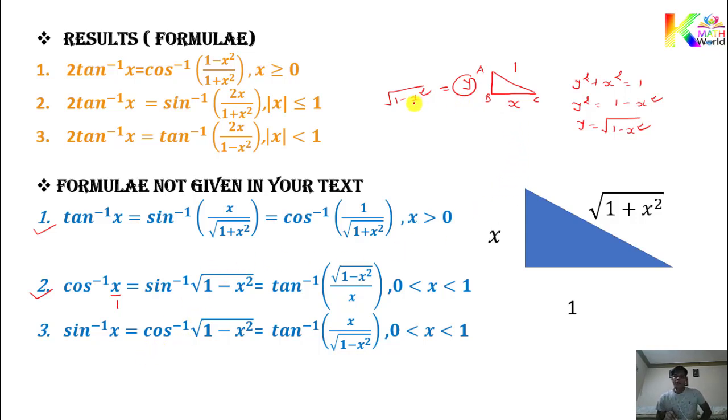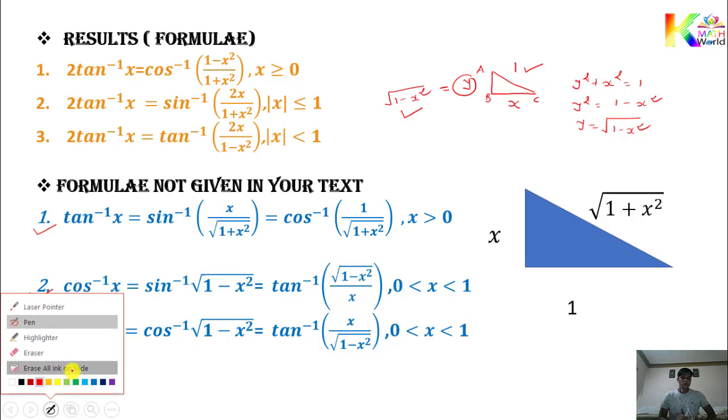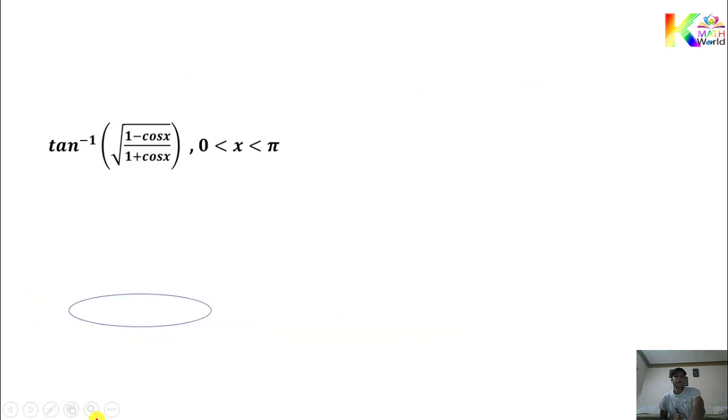Now you want to write in terms of sine. Sine equals opposite over hypotenuse. It means you got square root of 1 minus x square over 1. No need to write 1 in the denominator. Same way, suppose you want to write in tan inverse, then opposite over adjacent. It means you got square root of 1 minus x square over x, so you can see. Same way you can easily remember this formula also. So now let's move on to the next slide.